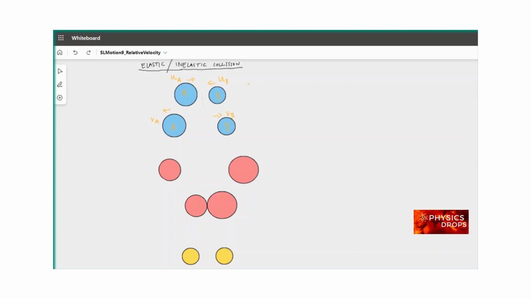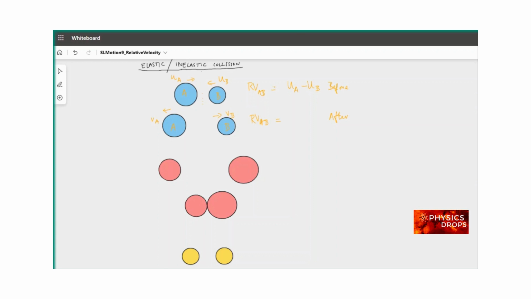So the relative velocity of A with respect to B would be the velocity of A minus the velocity of B. This is before collision. This is the before scenario. Let's look at what happens after collision. The relative velocity of A with respect to B after collision would be,